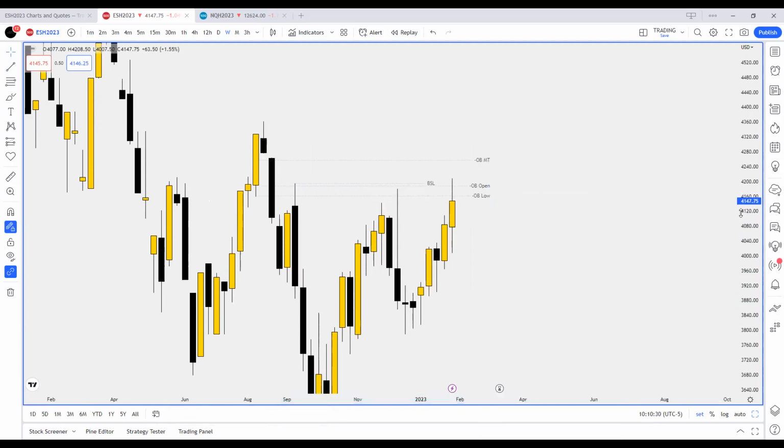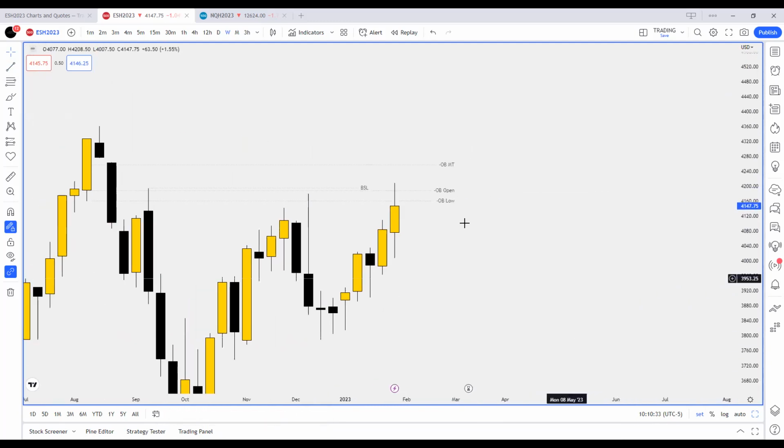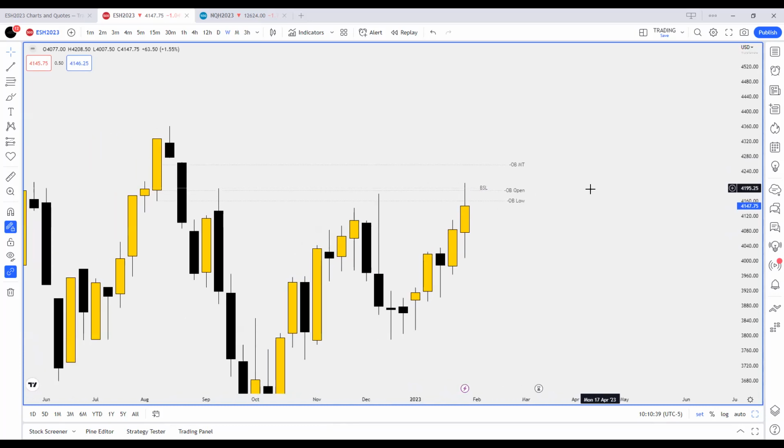Alrighty, so above us, a couple things to highlight: we have this buy-side liquidity pool, the order block open, low, and mean threshold. If you want to note this volume imbalance, you can. It's above this mean threshold, so I'm not too worried about it. I like to understand where current price is, where the premium levels above me are, and where the possible premium levels below me and or discount are, and vice versa. And I just try to see what's most